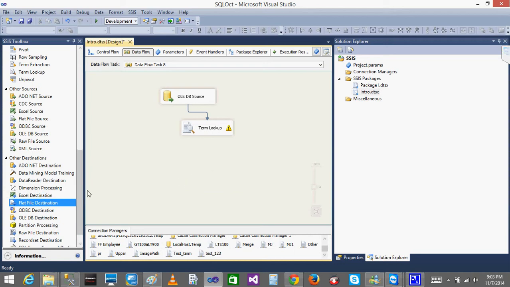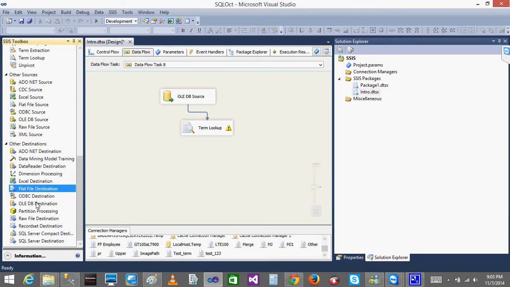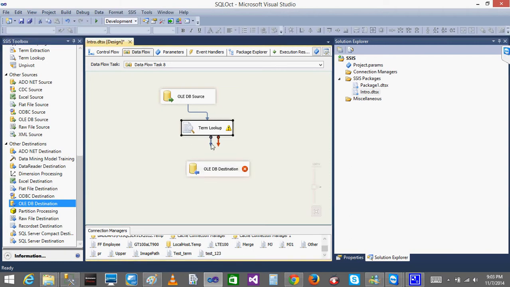Yeah, let's try to load something. I think there's some mismatch with the data type. I'll just try to load into one table. I think that will be okay.